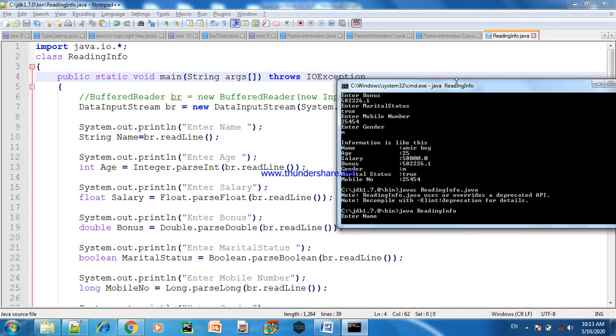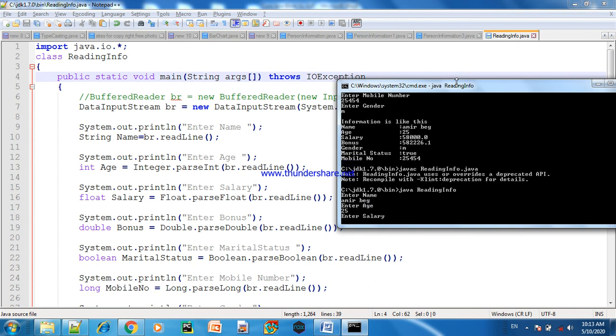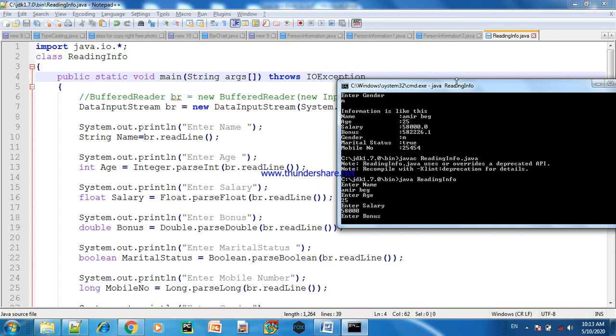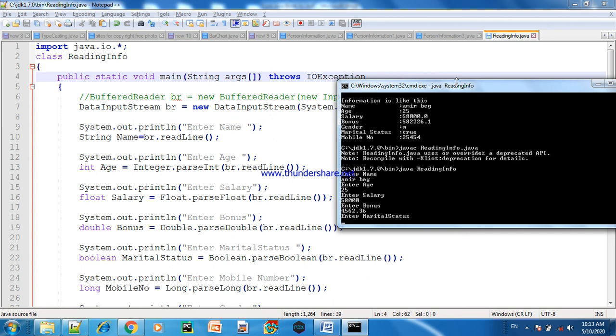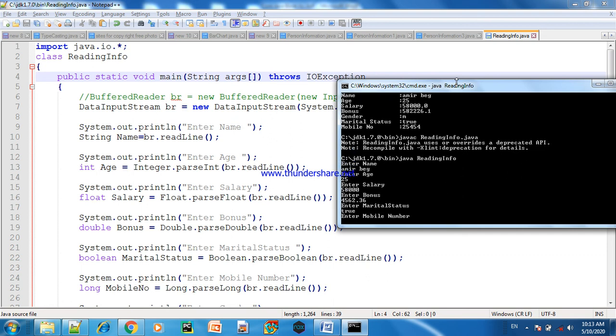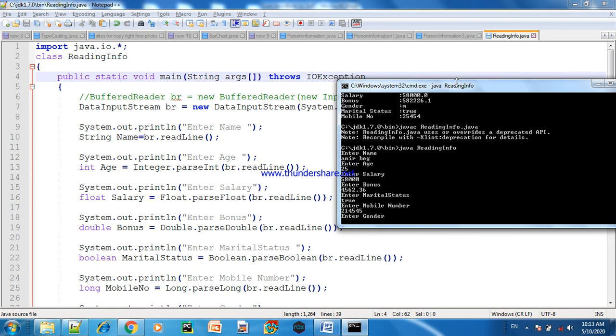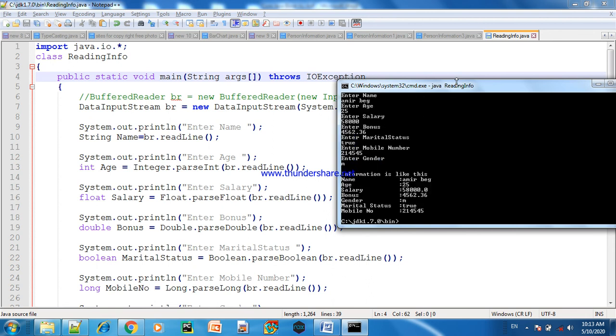Now again we can enter the same information, like name, age, salary, bonus, marital status, mobile number, gender, and all the information, as with buffer reader, has been printed with the help of data input stream.